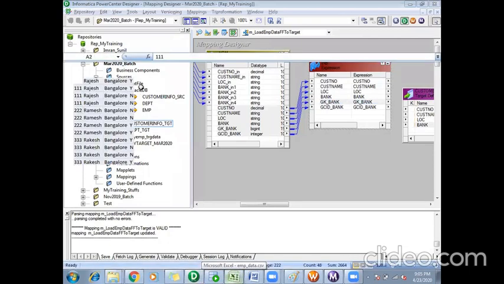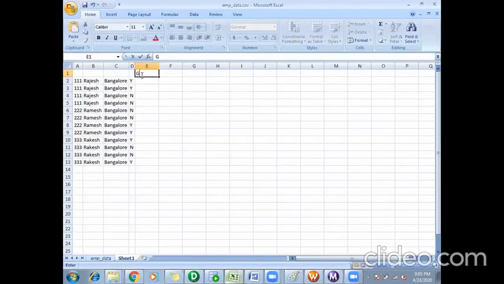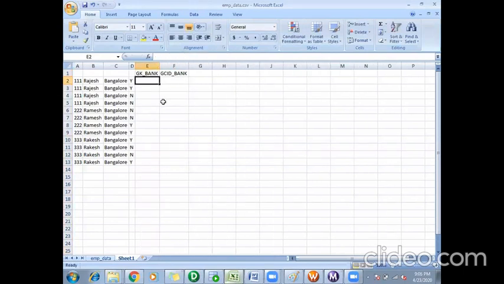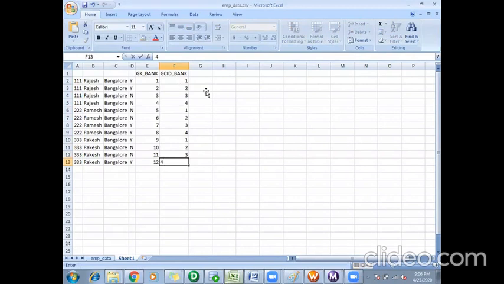to my expression. So what these ports will hold now. If I go back, these ports will hold, I know GK will be something like sequences. So it will hold the sequence something like this, 8, 9, 10, 11 and 12. GCID number will be the sequence for that particular group, something like this, right? This is how the GCID number will be generated.